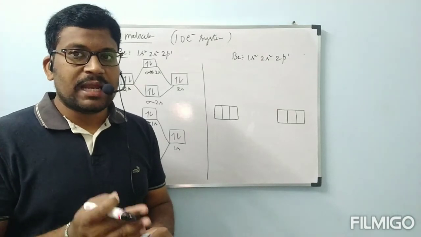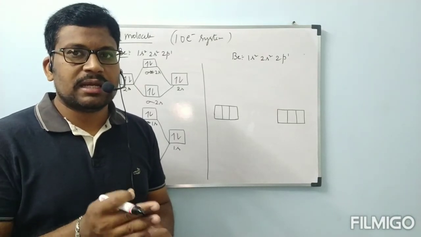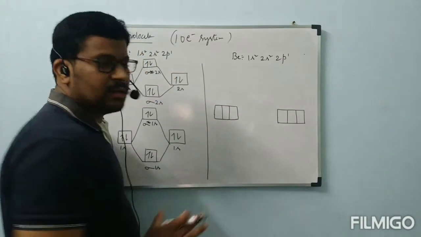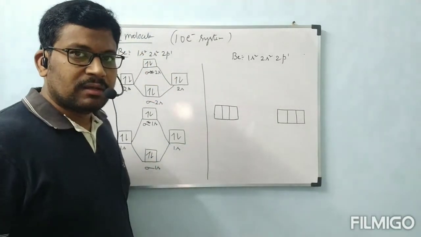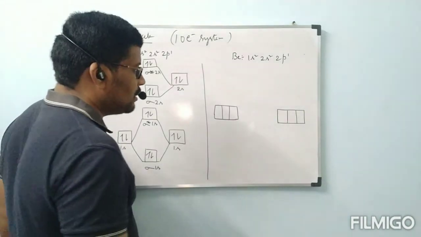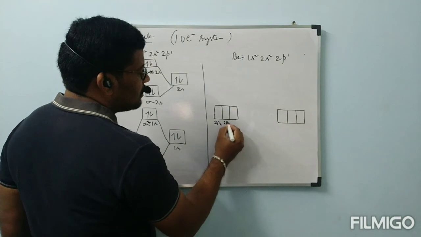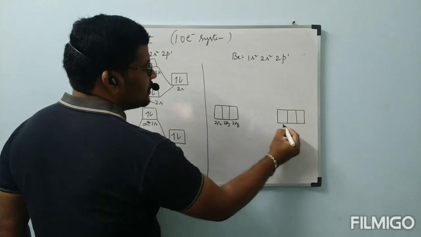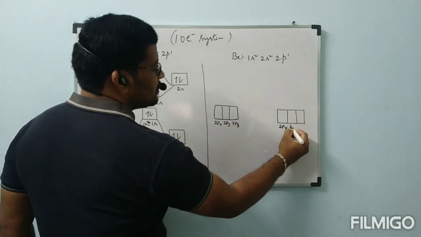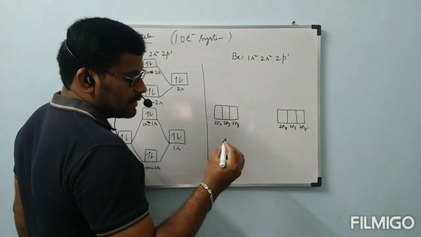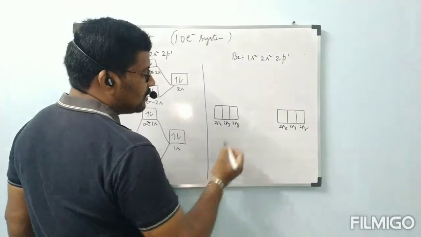In that, 3 are bonding molecular orbitals and 3 are anti-bonding molecular orbitals. So 3 will be here, 3 will be here. In that also energy difference is there. Okay, let us see. This is 2px, 2py, 2pz. This is also 2px, 2py, 2pz. Then they will intermix to form